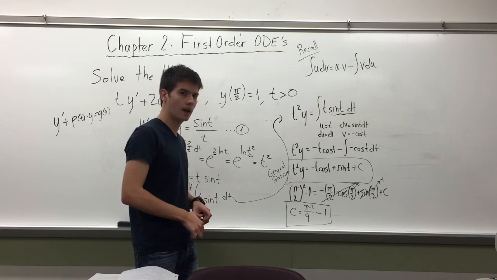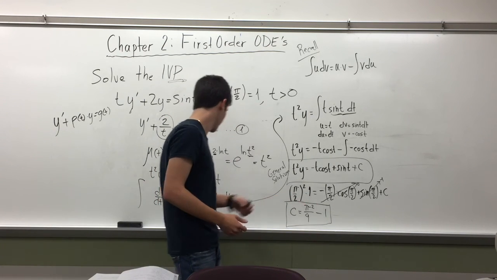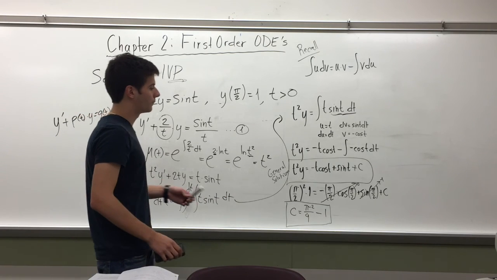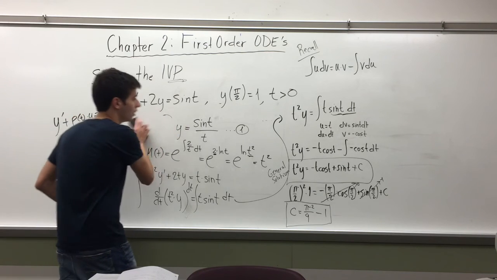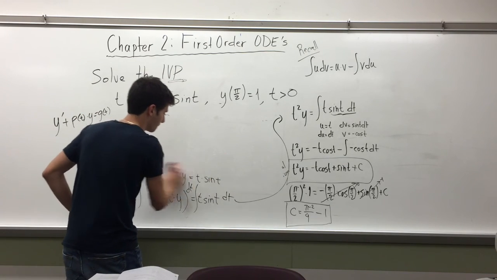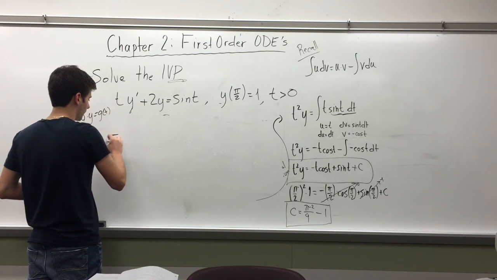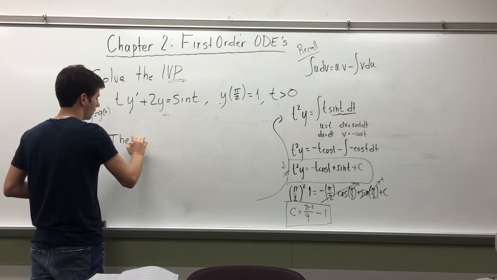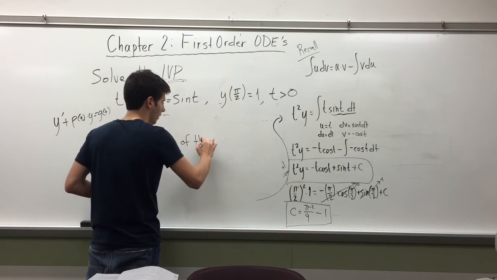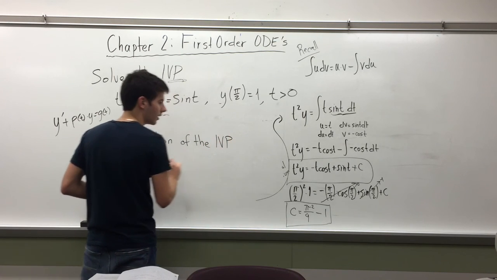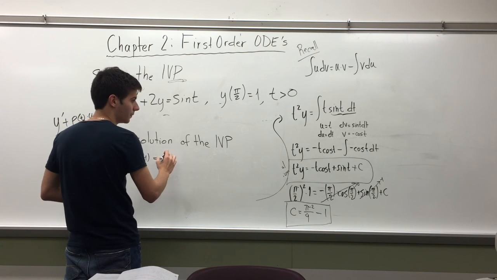You can even simplify it further, like pi squared minus 4 over 4, but you don't need to do that. So for our final solution, I'm going to erase this part right here to write it. Hence the solution of the initial value problem is y of t is equal to,